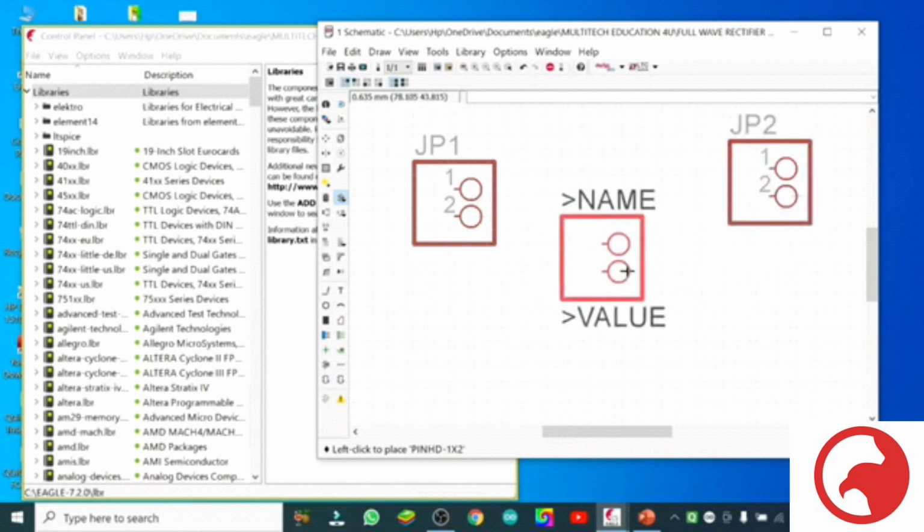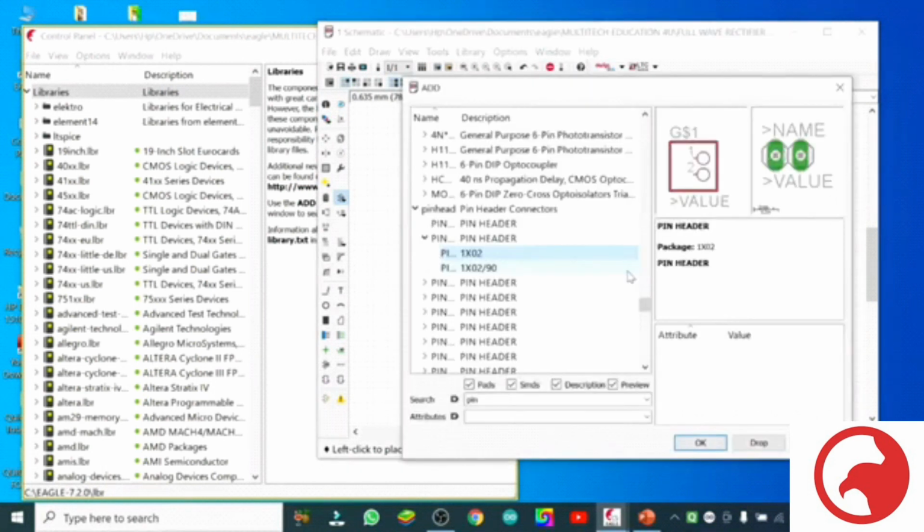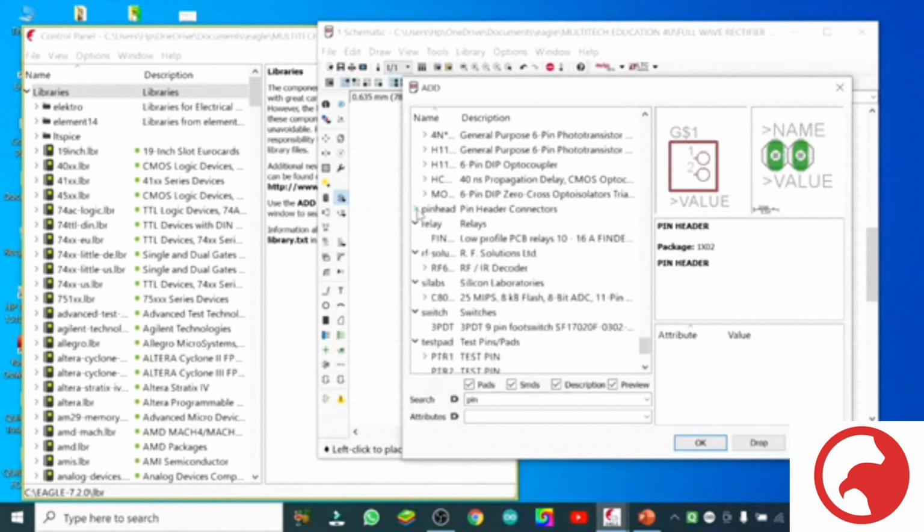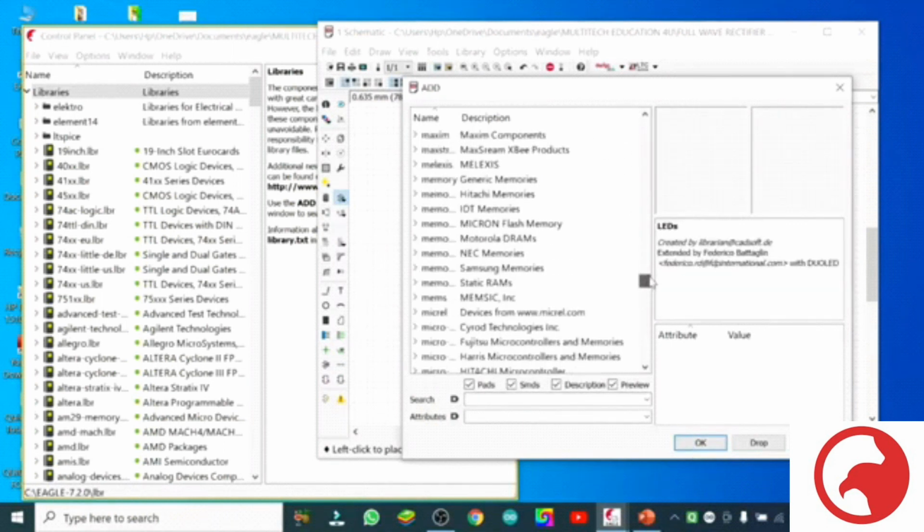So we need two. So you can make two, then just escape. And now my dear friend, remove this, close the folder. Otherwise what will happen, if you will choose the next component, it will keep searching in the same folder which we cannot find. So close the folder which you have used, pinhead. Now we will search another.